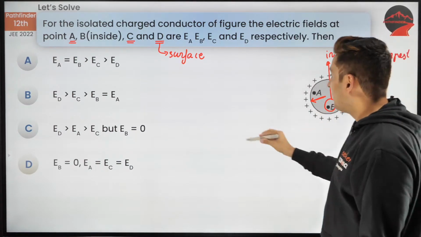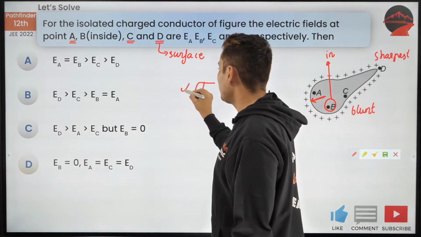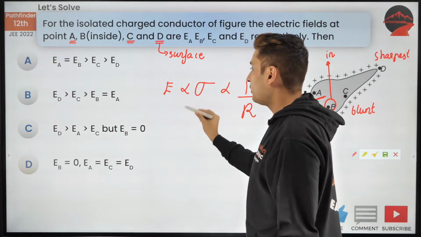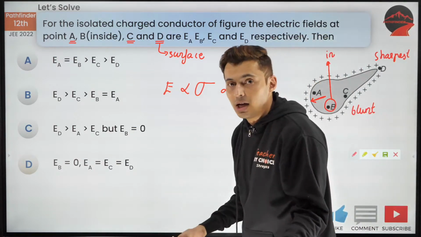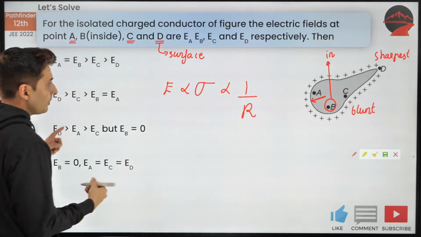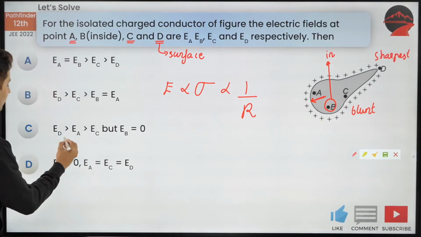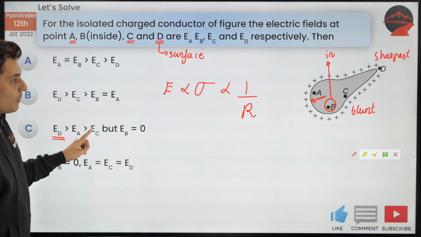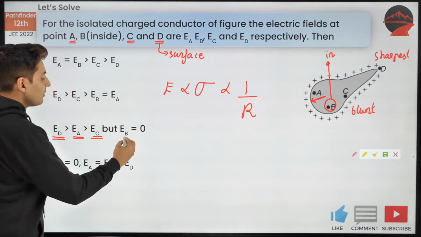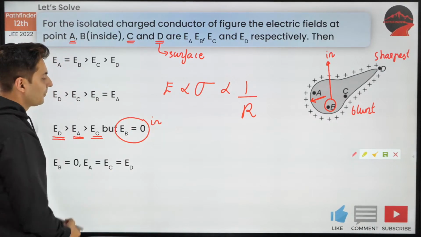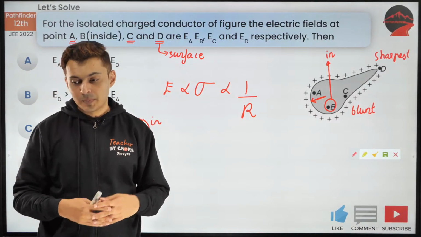So guys, remember surface charge density is inversely proportional to radius, and sigma is directly proportional to field. So field is inversely proportional to radius of curvature. So wherever it is sharp, the field is more. So where is the sharpest edge? D. So that's why it will be highest there. Then it will come A, because A will have decent amount of radius of curvature, and then comes C. But remember, B is 0 because it is inside. Inside a conductor the field is always 0. I hope this is clear. Yeah, that's the answer.